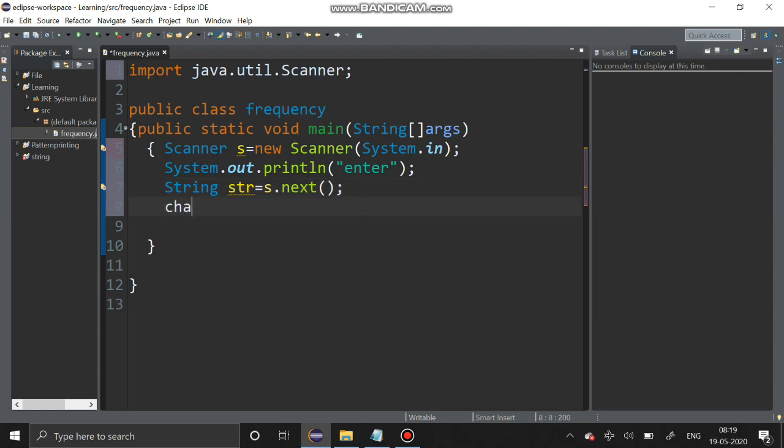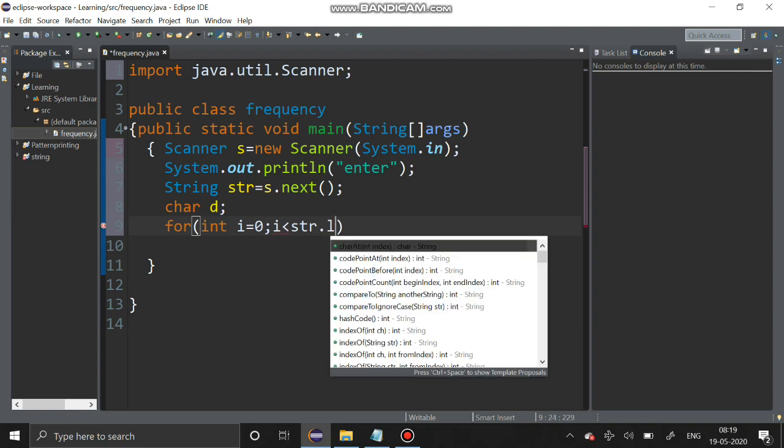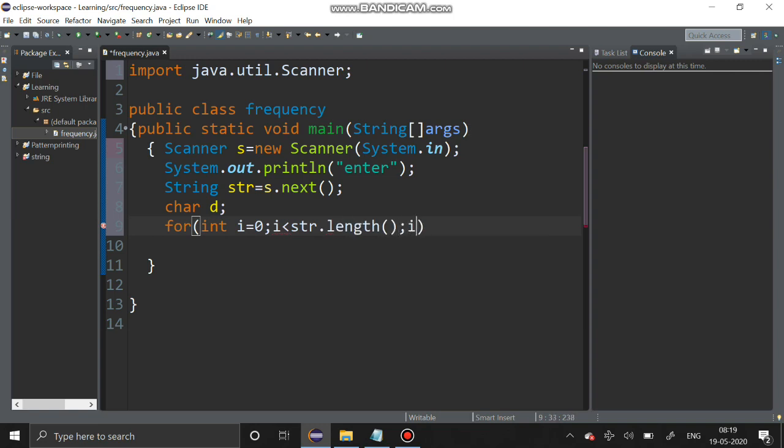After that I'm going to declare char d. Use a for loop: int i equal to 0, i less than str.length(), i plus plus.